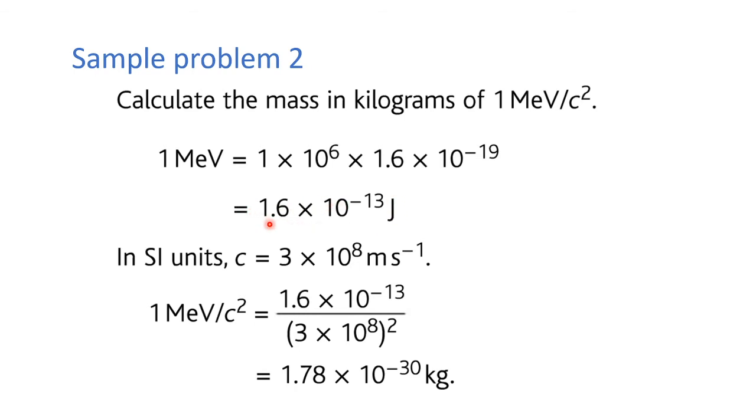So once we know the energy, we need to convert it to kilograms. So we put the energy value and then divide by the speed of light, c squared. Then we get the answer in kilograms. That's how we convert the non-SI mass unit to the SI mass unit, right? The reverse also we can work out by using the delta E equals delta m c squared equation.